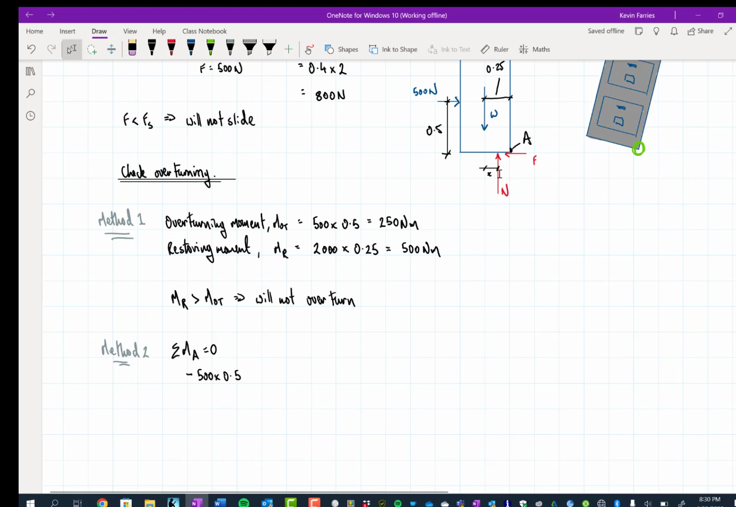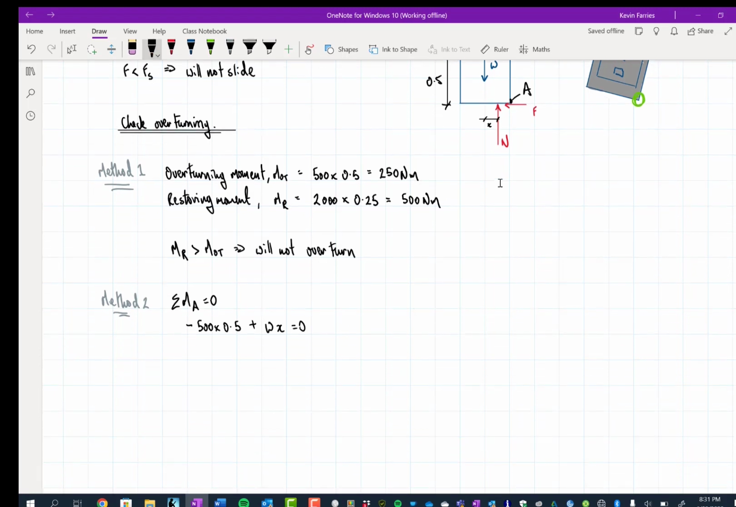And so we can calculate the moment of that just by doing, so this reaction is the same as the weight. So it's just weight times X, and it's going in the positive direction. So it's plus Wx must be equal to 0. We know the weight, it's 2 kilonewtons, so 2000 times X must be equal to 500 times 0.5 is 250. So therefore X is equal to 250 divided by 2000,